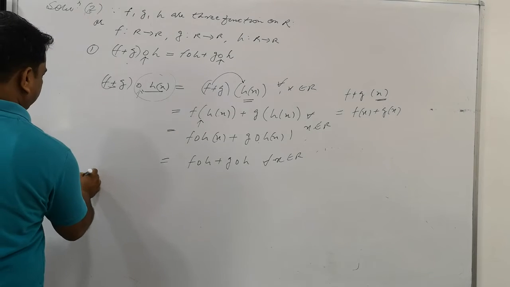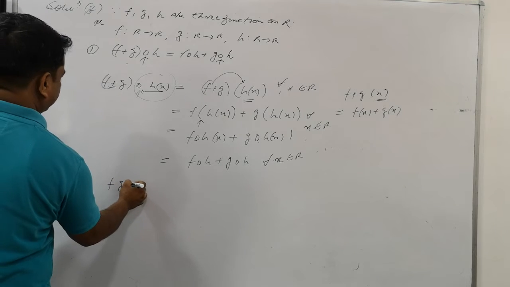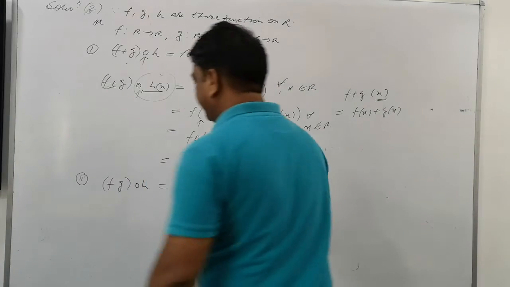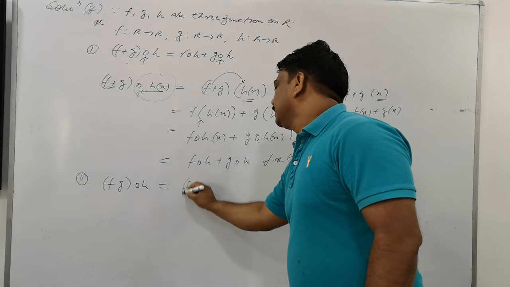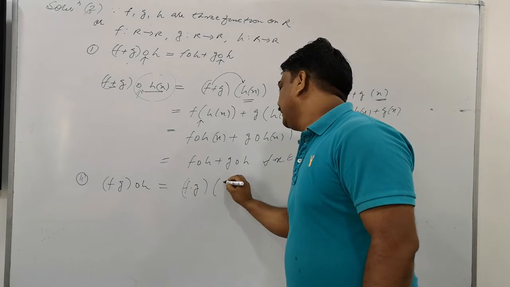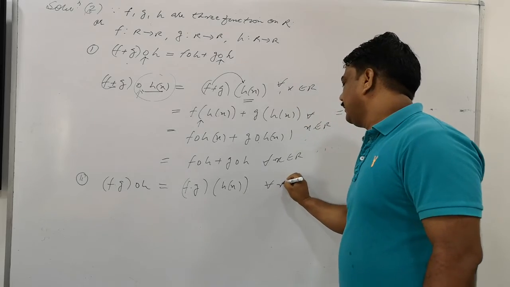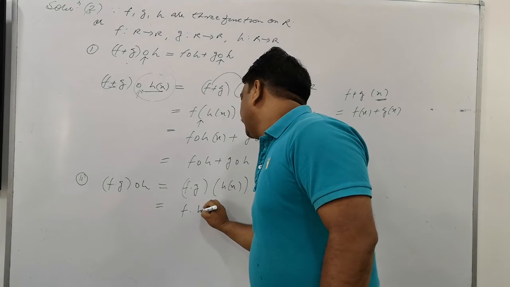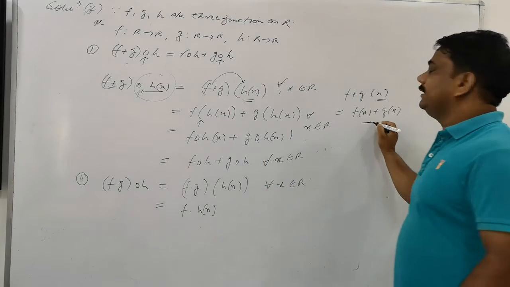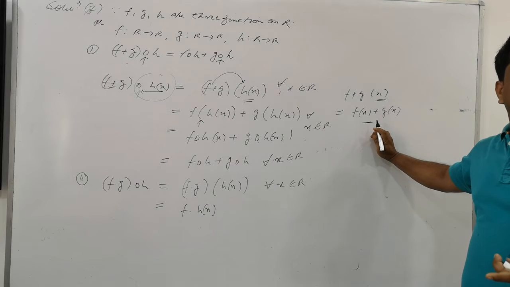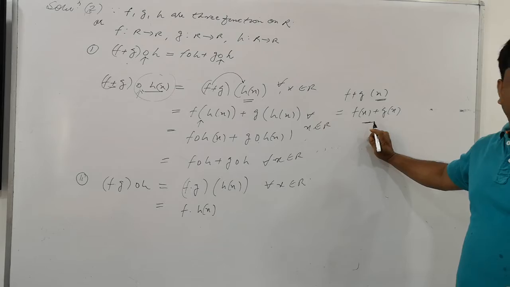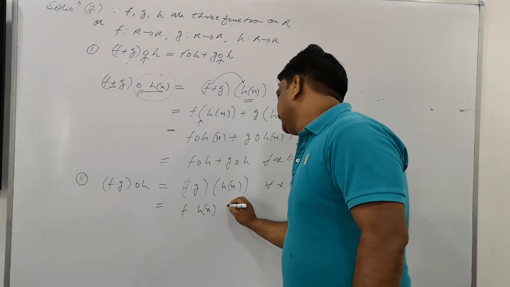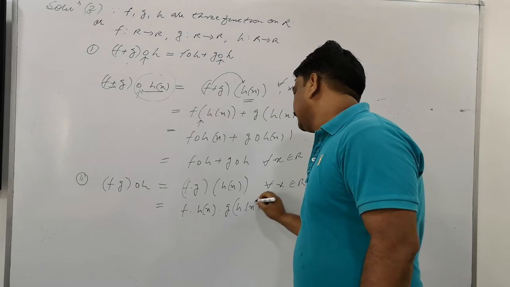Second, what is the next? f into g, f into g of h. Can you solve this one? In the same manner, f dot g, and in place of that, h of x, where for all x be real. Further, the procedure, f dot g of h of x. Why? Because the addition and multiplication of the function is distributive over a domain. Okay, is that clear? So what can be written in this? f into g of h of x.